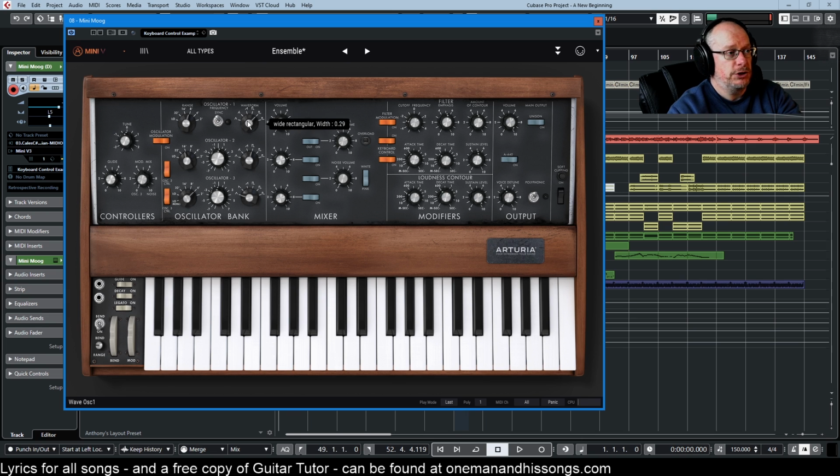The thing I really want to show you though is how you change the width of the wave. It's a little bit odd. You have to right click. See, I'm hovering over the button here and it says width 0.29. If I right click and drag, that's how to change the width. A little bit confusing. So if I press a note on the keyboard now